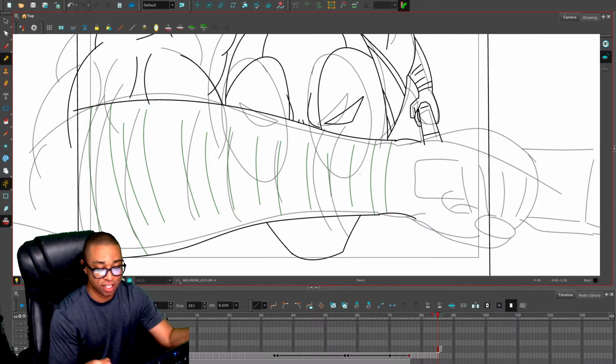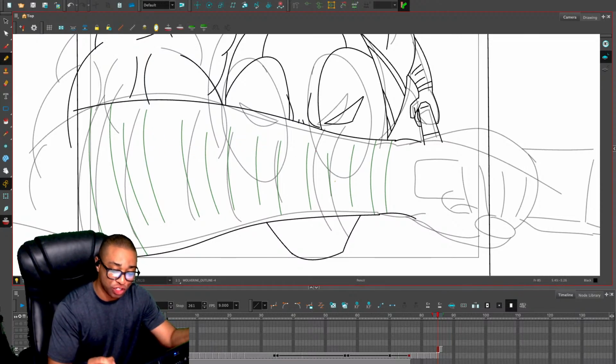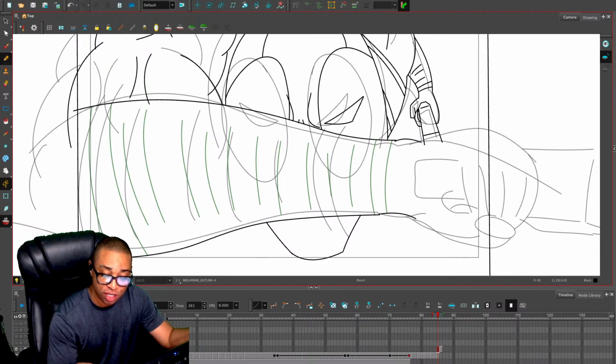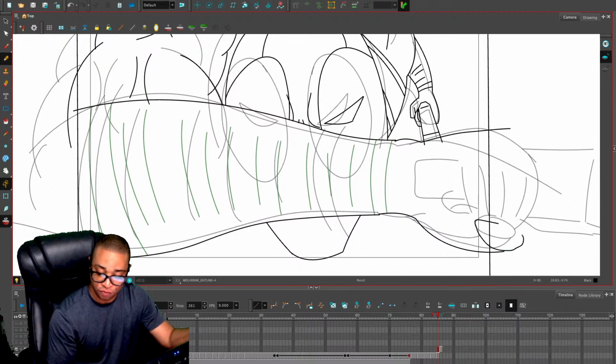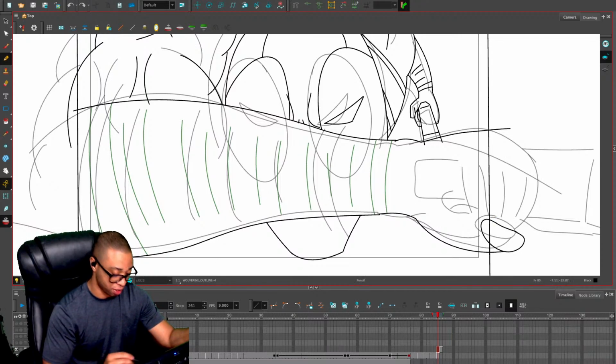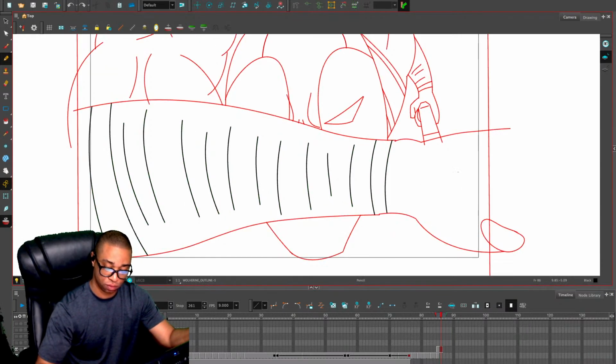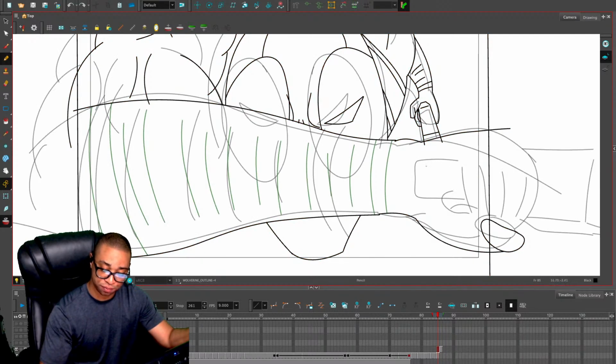That's why to get 240 drawings, frames I should say, done in a few hours time is, for me, not doable. Maybe it's just the way I do it. Maybe there's a better way to do what I'm doing. But it requires a lot.